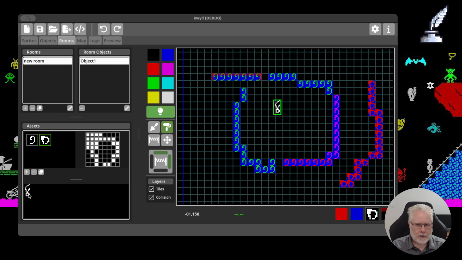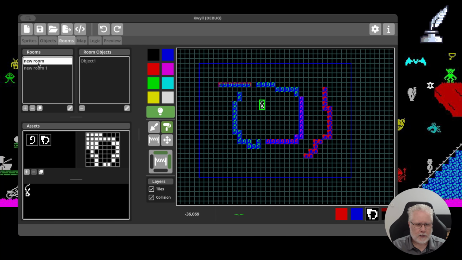I've already covered dragging and dropping objects and local objects. The tile editor is very similar to the sprite editor, so plus and minus to add and remove tiles, and duplicate if you wanted to create a copy to modify. Up here we've got a list of rooms, so if you had another room you can swap between the rooms and start designing your other rooms, and the currently selected room updates this list of objects in the room, so